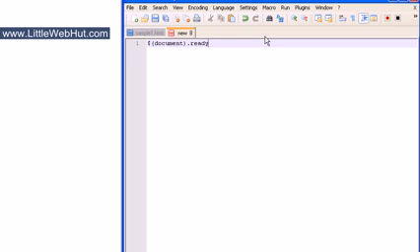And then put a pair of parentheses, and then a semicolon. And a semicolon is used to specify that you have reached the end of a statement. So each complete statement in JavaScript needs to end with this semicolon. And then inside the parentheses right here, type the word function,